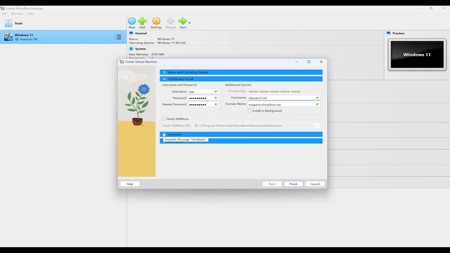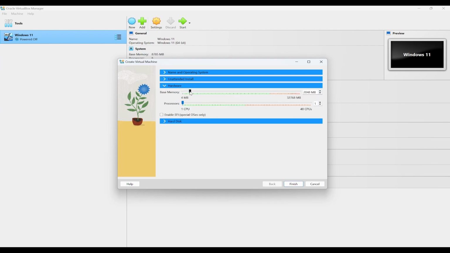And then we have the base memory of RAM. You need to give at least 4 to 8 GB of RAM. So I can give nearly 8 GB. And for the processor CPU cores, based on your system, you should not exceed the green limit. So I'll try to give 10 cores.